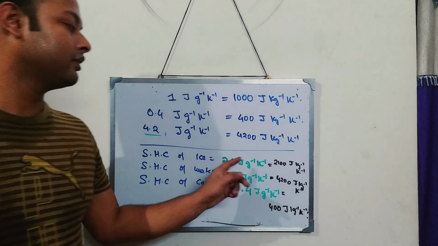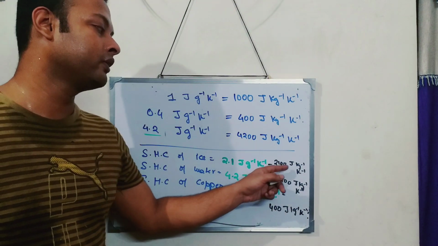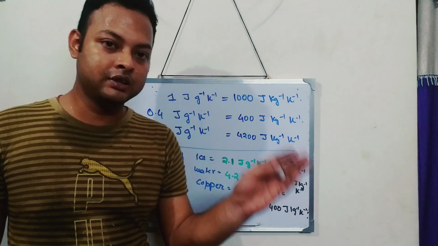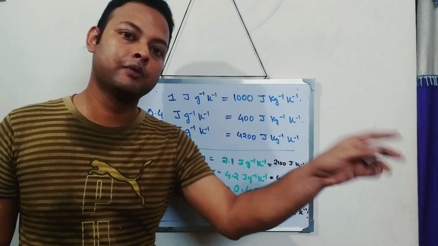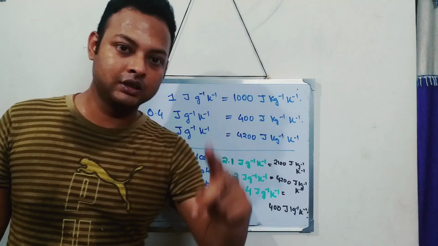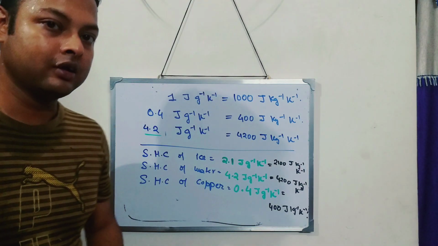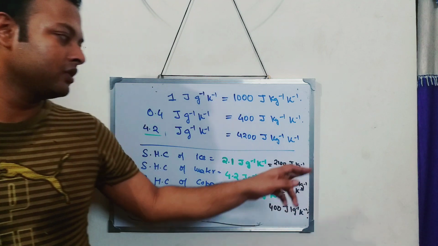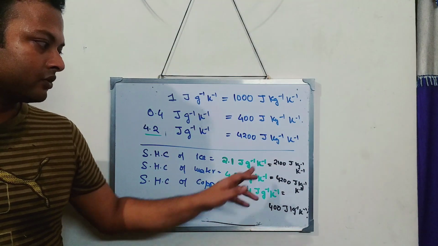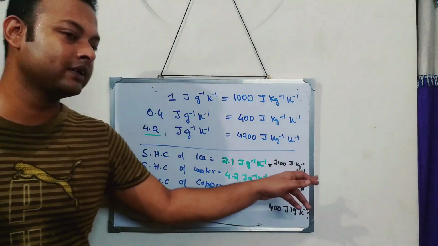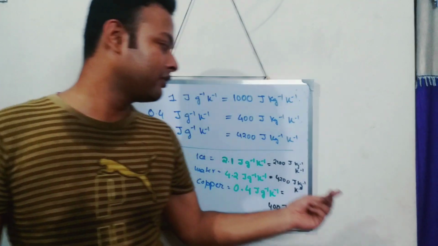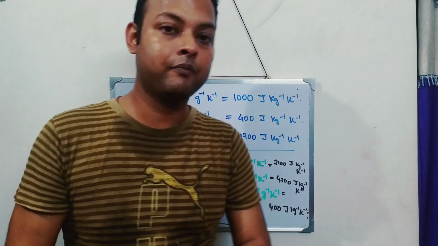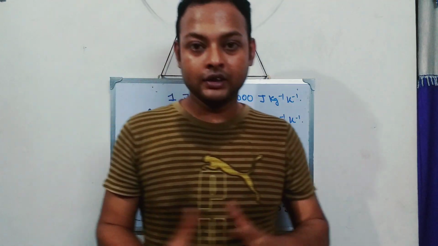So just multiply 2.1 into 1000 and you will get the SI unit. So this is the CGS unit, this is the SI unit. From CGS to SI, multiply by 1000. From SI to CGS, divide by 1000. Okay. Is that okay? So it is kg to gram, gram to kg. If you have to go from gram to kg, multiply by 1000. If you have to go from kg to gram, divide by 1000. So over here, I finished today's lecture.